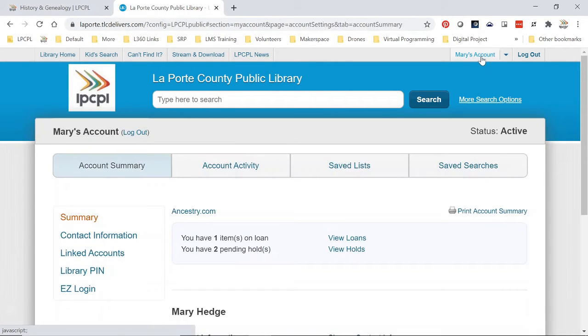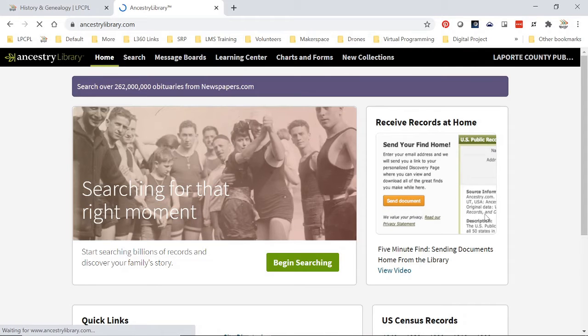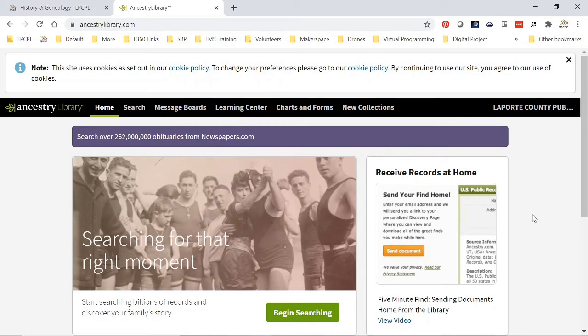So I'm going to choose Mary's account, and immediately the account summary comes up. And towards the top, a little bit on the left, you'll see in blue Ancestry.com. And that means that wherever you're at outside of the library, you can use Ancestry.com from now through July 31st